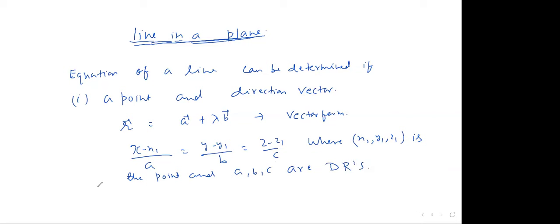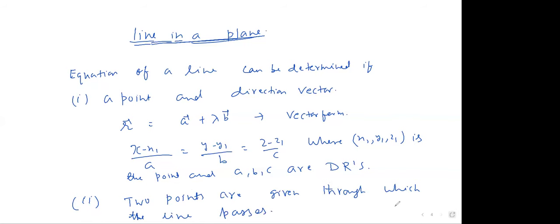Second, if two points are given through which the line passes, then we can determine the equation of the line. Suppose the first point is x1, y1, z1 and the second point is x2, y2, z2. Then we have